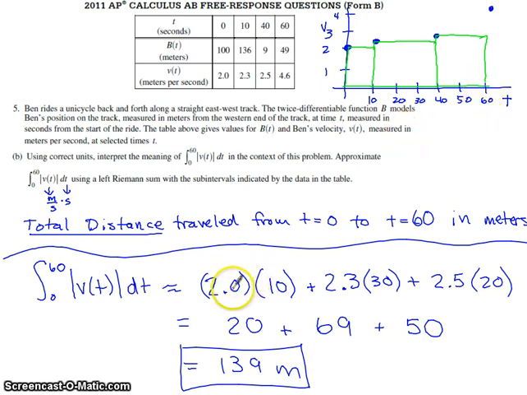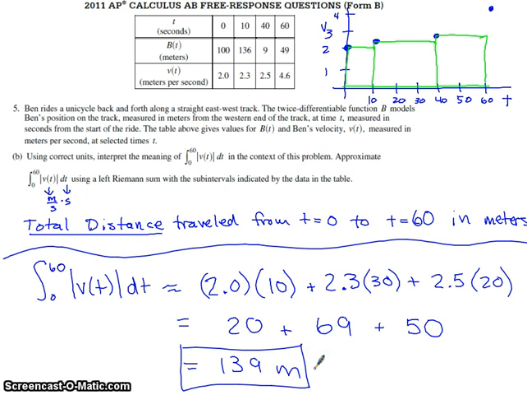I then came down here and basically just found the area of each of these rectangles I've drawn in the coordinate plane. So I had a height of 2 times a width of 10 for the area of this rectangle. I had a height of 2.3 times a width of 30 for the area of my next rectangle, and then my last rectangle had a height of 2.5 and a width of 20. And if I went ahead and simplified that, I ended up getting 139 meters for the total distance traveled by